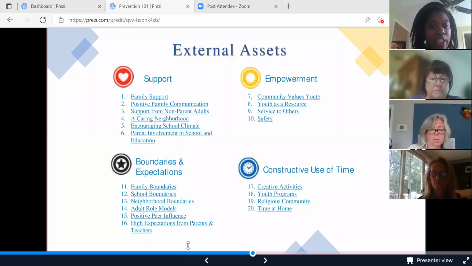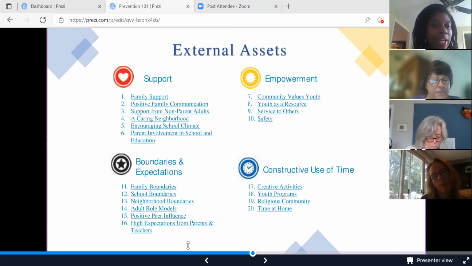So some of the external assets, there are 20 of them, as well as 20 internal assets. They are divided into 4 different subcategories, such as support, empowerment, boundaries and expectations, constructive use of time. So I'm not going to go through all of them because there are quite a bit of them. Of course, there's 40. But within each one, you have support, such as your family support, empowerment, such as service